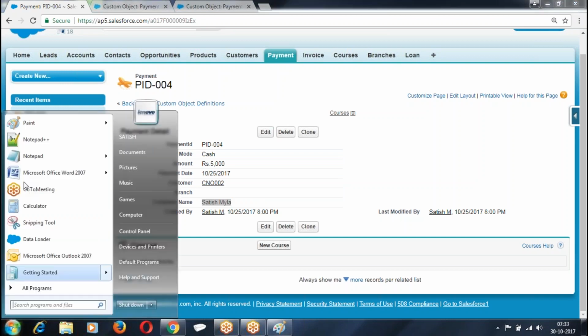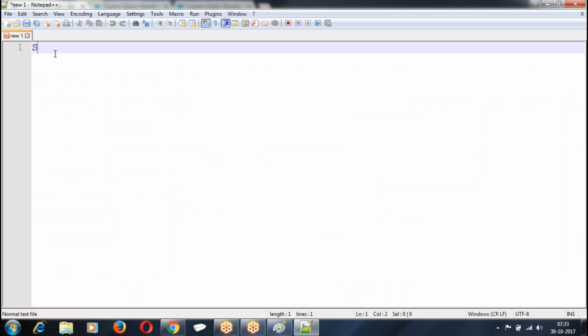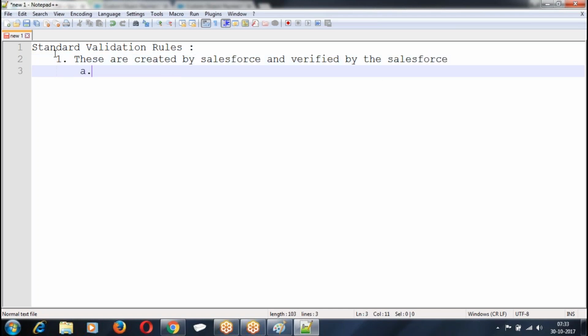When you say validation rules, there are two types of validation rules we have. One is standard validation. What are the standard validation rules? These are created by Salesforce and verified by Salesforce. What are those standard validation rules? Required field is entered or not?